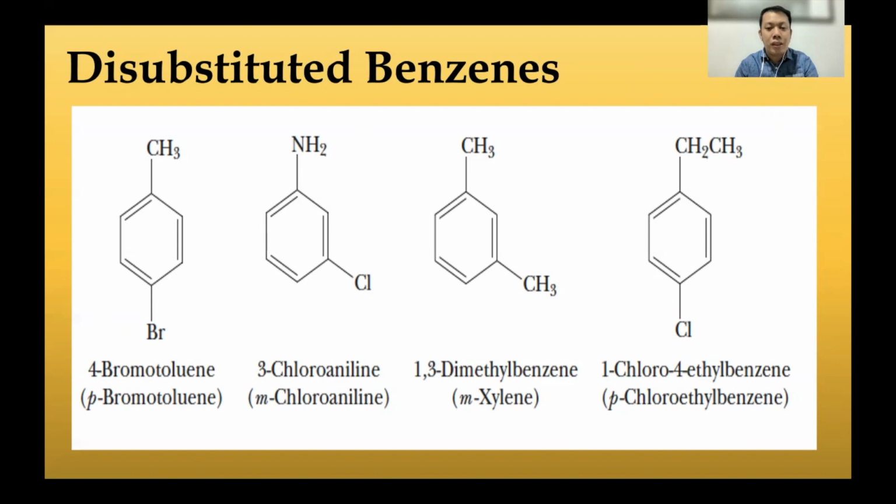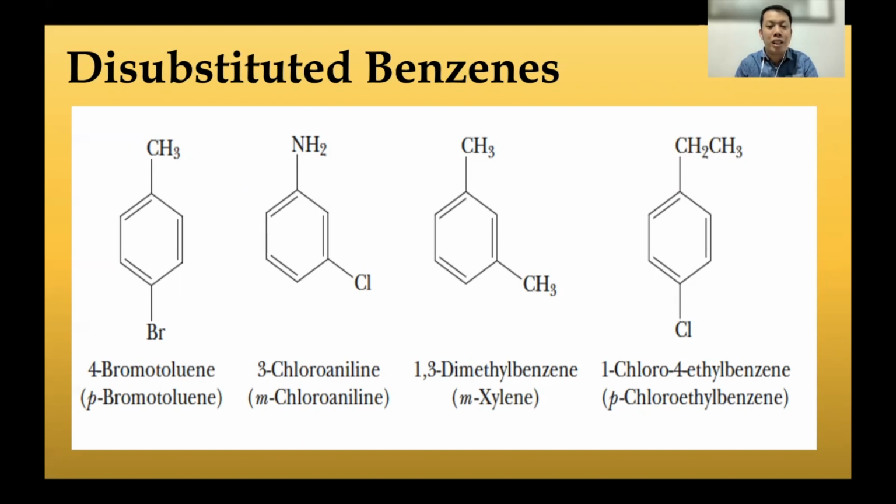Okay, so where did we get p, m? It came from the position of the carbon. In the case of bromotoluene, the position is 1, 4. So 1 is the carbon attached to methyl and 4 is bromine. So that's why it is para, meaning it is automatically 1,4 for bromotoluene. So same thing with other examples like that of